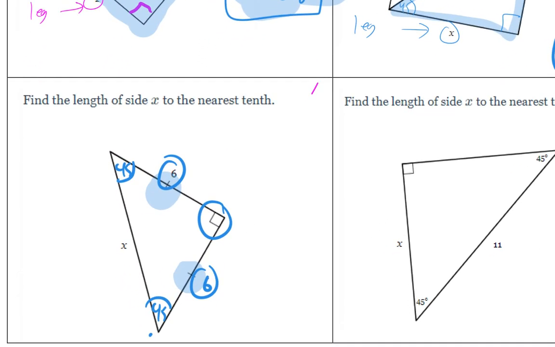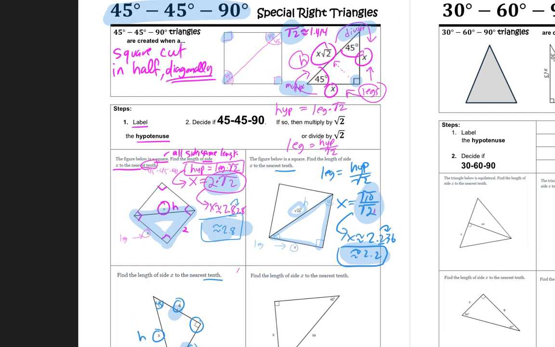Okay? So if it is 45, 45, 90, we're trying to find the length of side x to the nearest tenth. So this one is like the hypotenuse, right? So let's look at what we said. We said the hypotenuse is equal to the leg times the square root of 2, right? Hypotenuse is equal to the leg times the square root of 2. So that means x, right,